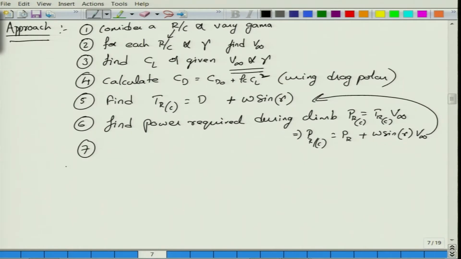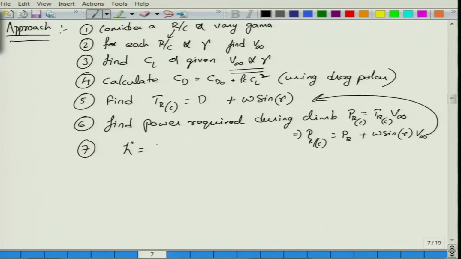So, now you can also find out the time. You know the climb angle. You can find out how much time is taken to climb a particular altitude. Otherwise, within a specified time, what is the distance it can travel, because it is a steady climb we are talking about. You know h1 and h2 and you know the rate of climb, h2 minus h1 upon delta t. This is the constant velocity of climb, which is nothing but V infinity sin gamma. You know V infinity and gamma, so from here you will be able to find it out.